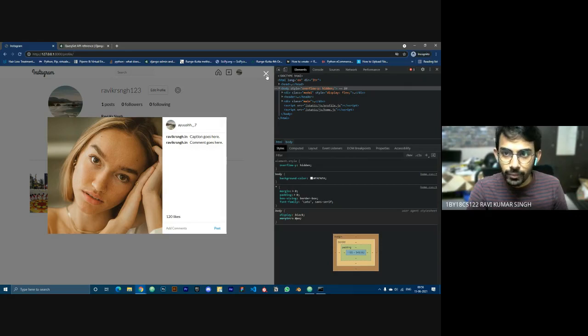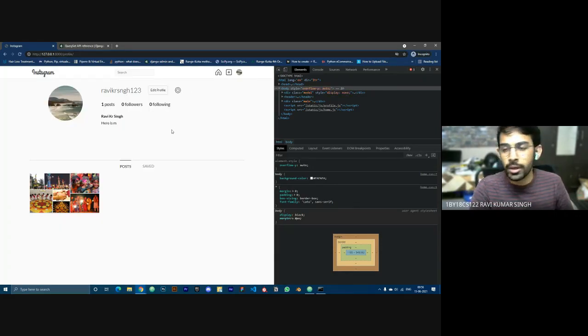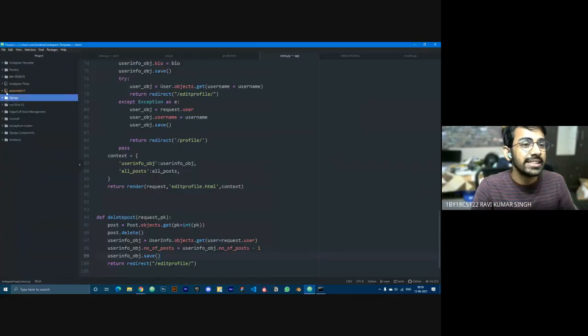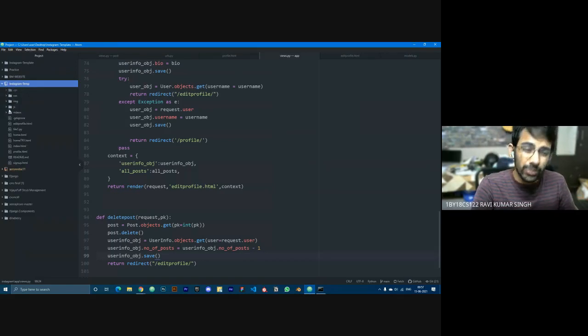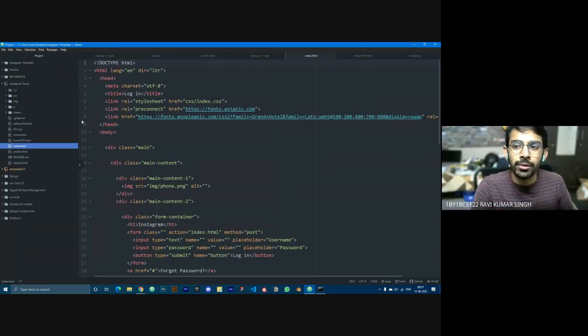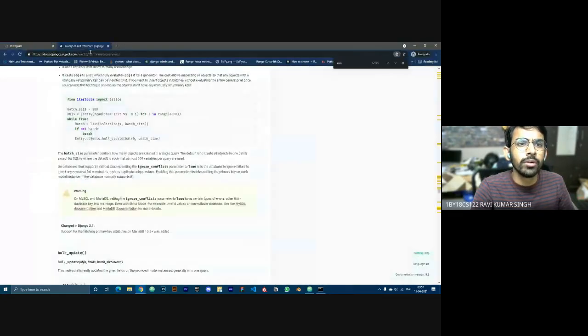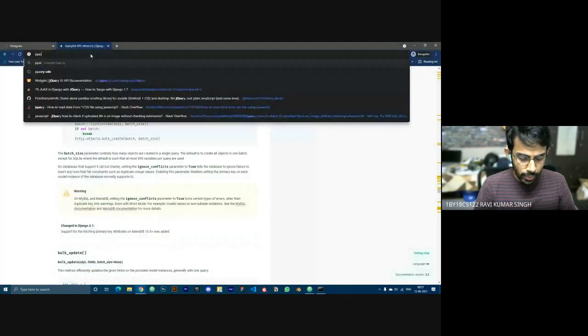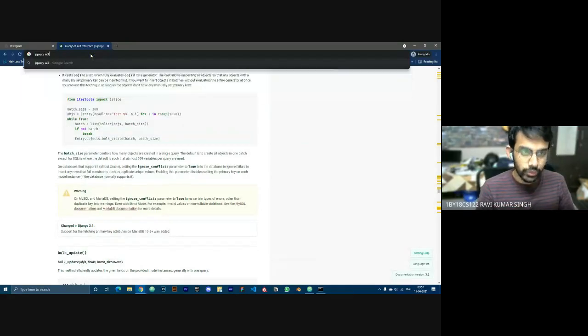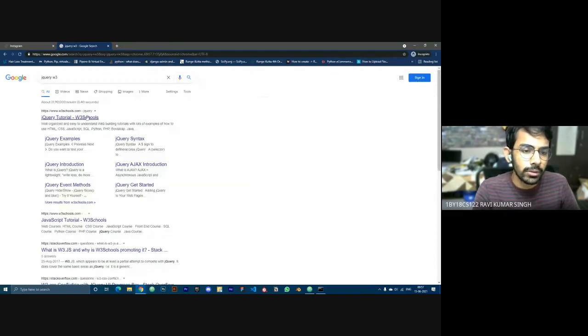Now before applying Ajax, we need to include jQuery in our project. What is jQuery and everything we'll see to it, but as of now you can just copy paste it, or you can actually go here, jQuery.